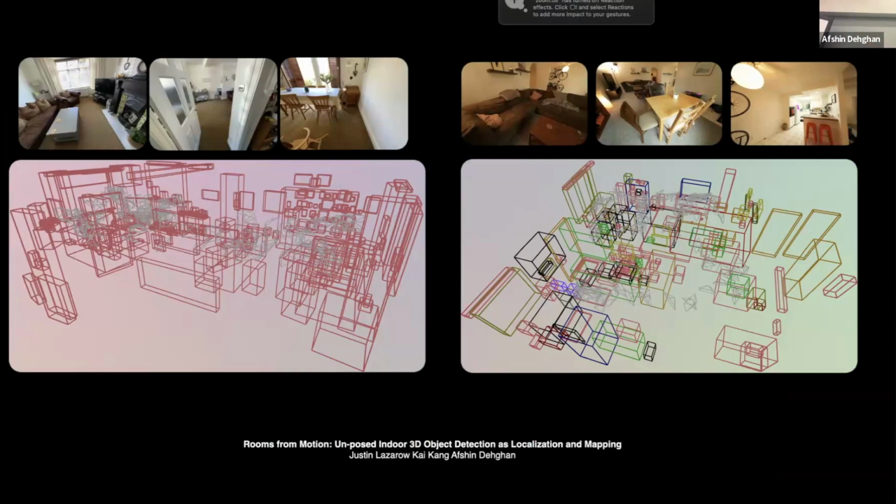Basically, you get a set of unposed RGBDs, similar to structure from motion that relies on key points and matching key points across frames. This purely relies on objects. Because you have very accurate bounding boxes and objects, and they're exhaustive, you can match them across the scene. So can we use these boxes and objects instead of the key points and solve the mapping problem that we have? And if this really works well, which we're showing it actually does,